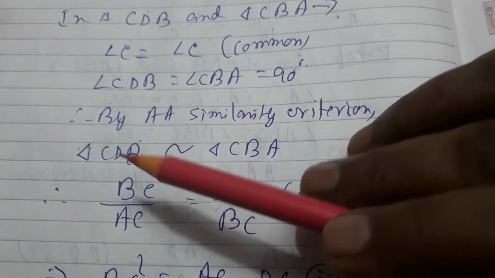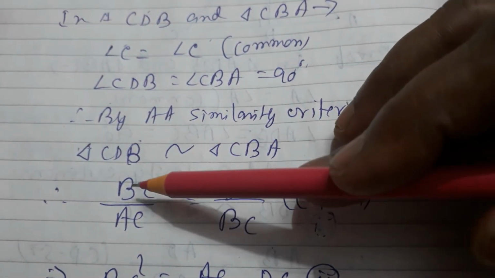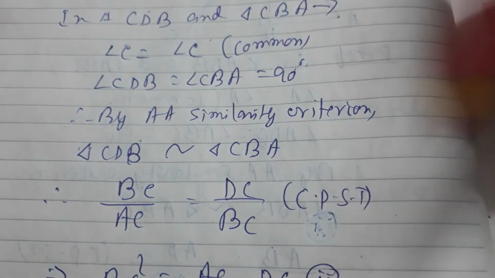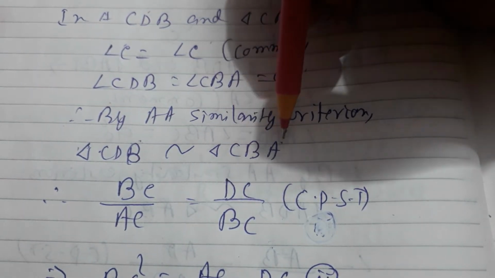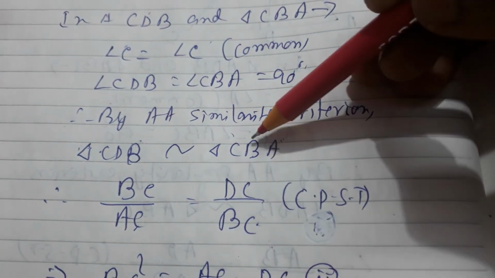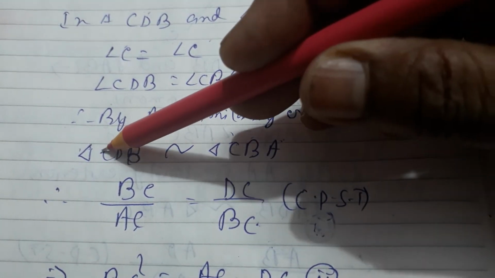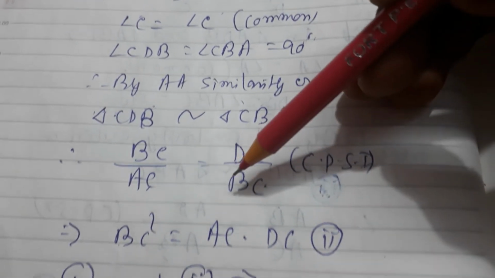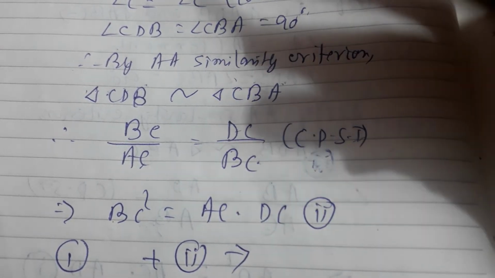Now again you write here BC because we require BC square. BC. This BC is for the first triangle and this BC is for the second triangle. So for the first triangle BC, it is last and first. So of the second triangle last and first is A and C. So I have put here AC, and this BC is for the second triangle which is second and first. So of the first triangle second and first is D and C. So I have written here DC. Okay, this is CPST. This arrangement is the main thing. Otherwise math will not be easy to do.